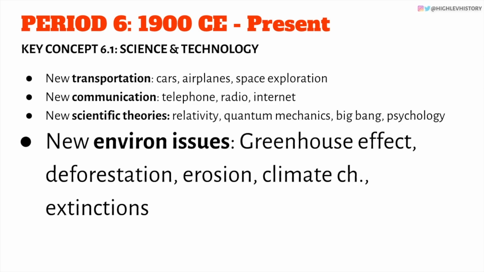We've got new environmental issues. So because of all these things, our environment's going to change a lot in the 20th century. This is a big way that humans are impacting the environment. Things like the greenhouse effect, deforestation, erosion, climate change, extinctions. There's lots of different ways that the earth itself is going to change in the 20th century because of human